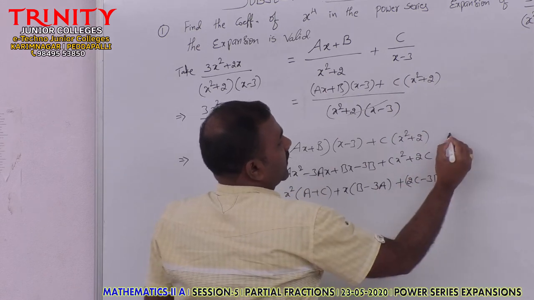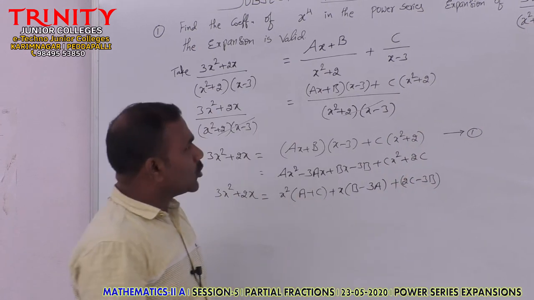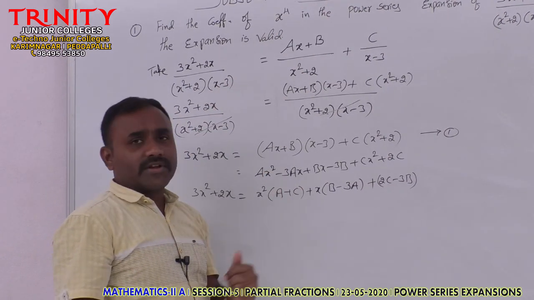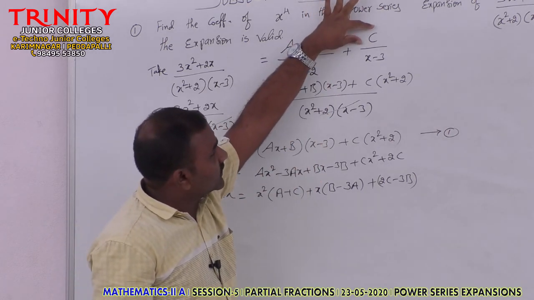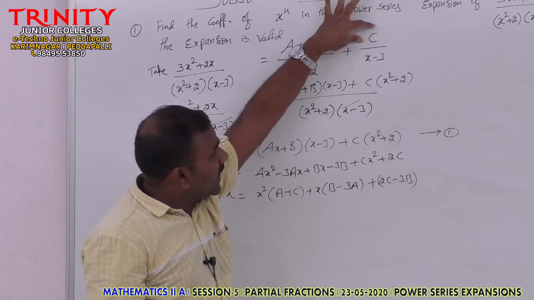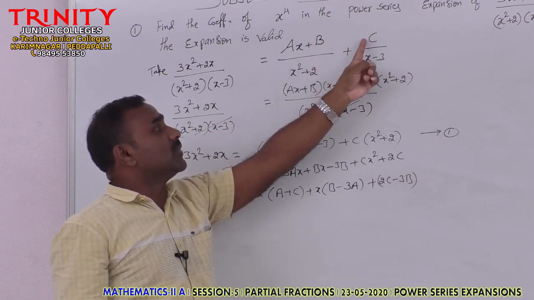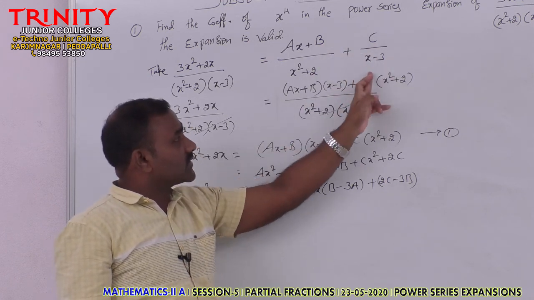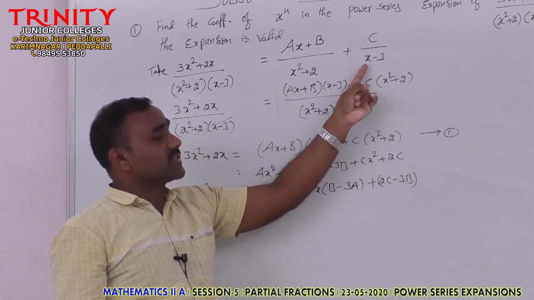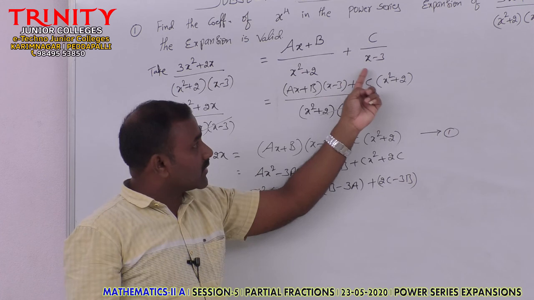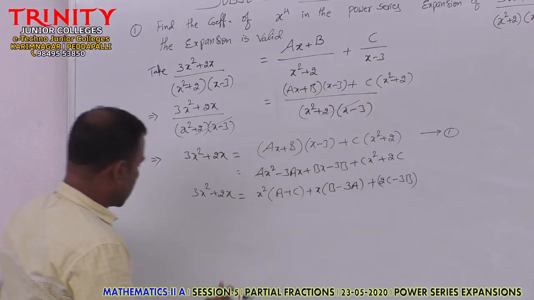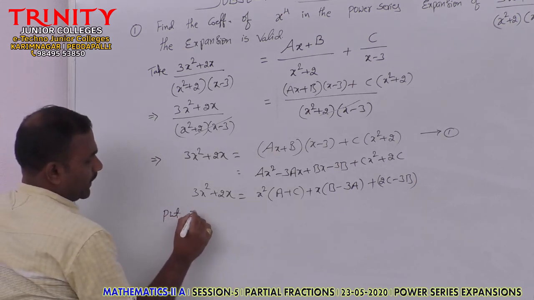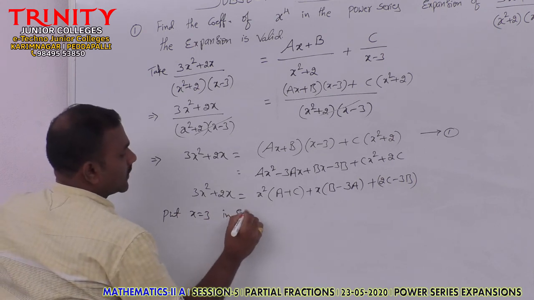Here I am taking this as equation 1. To get a constant in the partial fraction, whichever constant you require, make its denominator 0. See, I want the value of c. Make its denominator 0, then its numerator will always be obtained. To get c, make its denominator 0. For what value of x does this denominator part become 0? If you substitute x is equal to 3, this denominator part becomes 0, and then we'll get the value of c by substitution. Now I want to calculate one unknown value. Put x is equal to 3 in equation 1.